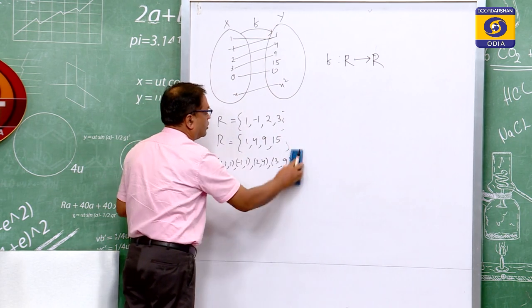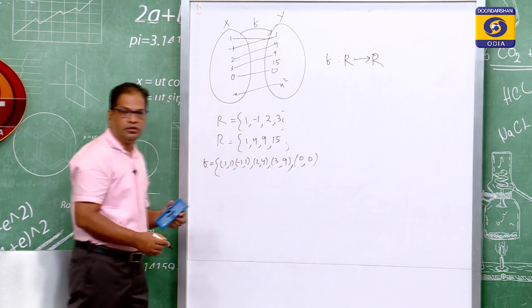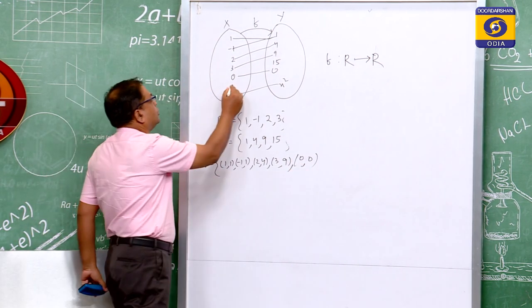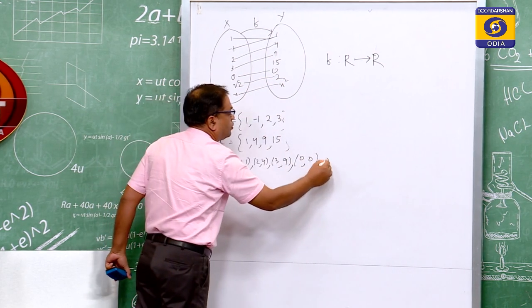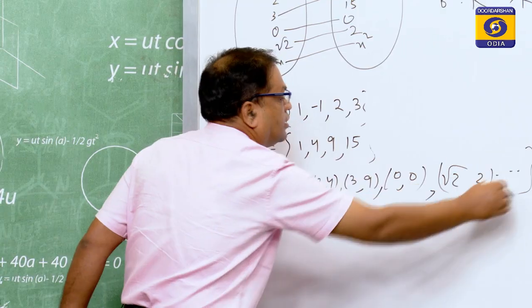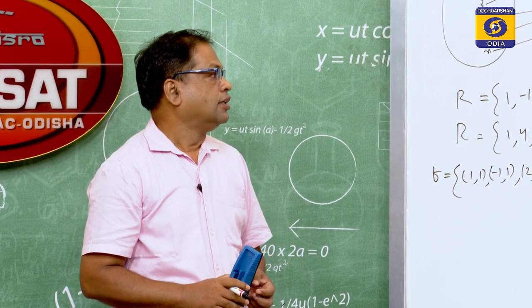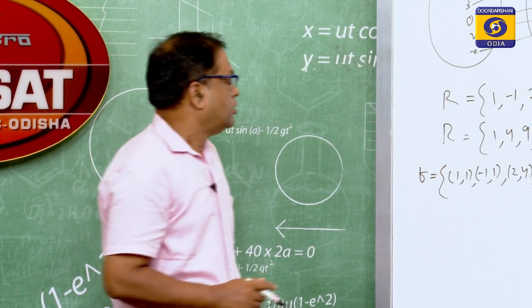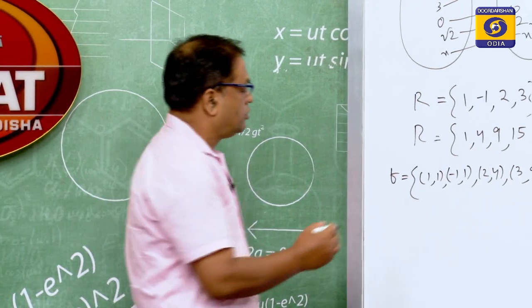So, here you have (0, 0), and also if here root 2, then there will be 2 because square of root 2 is 2. So, there will be an infinite set of ordered pairs in this case if the function is from R to R. So, in that case we use a formula to write the function. So, what is that?